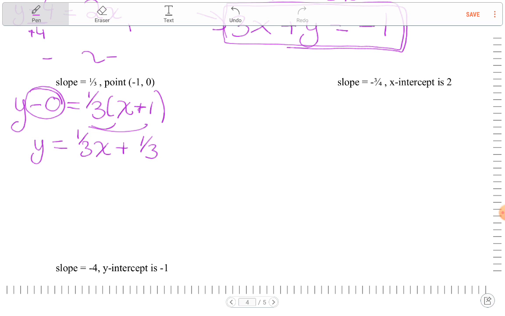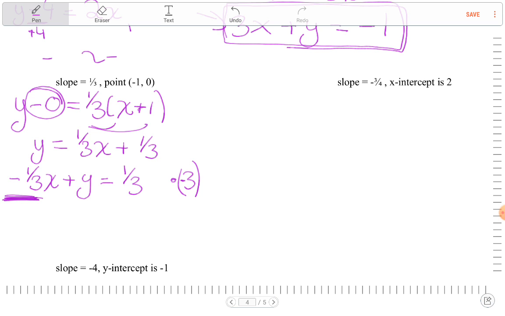This is now the slope-intercept form, so I'm going to bring my x over. I have a -1/3 x plus y equals 1/3. Here's my problem. Not only is my x negative, it is also a fraction. So I need to find a number that I need to multiply my whole equation by. It's like your magic number that will make this number a whole number. In this case, if I multiply everything by -3,